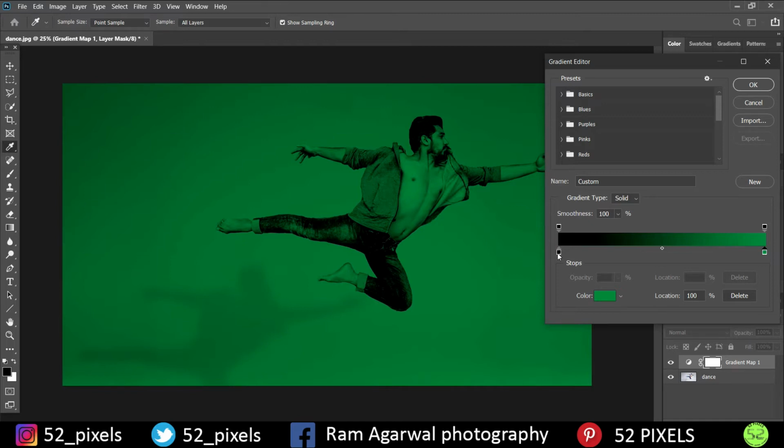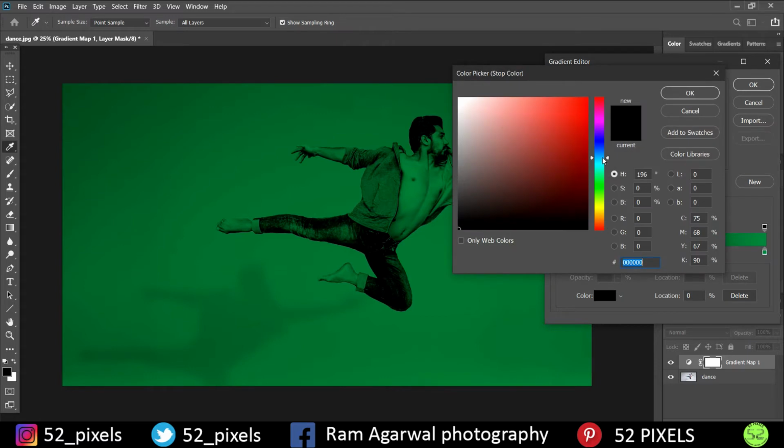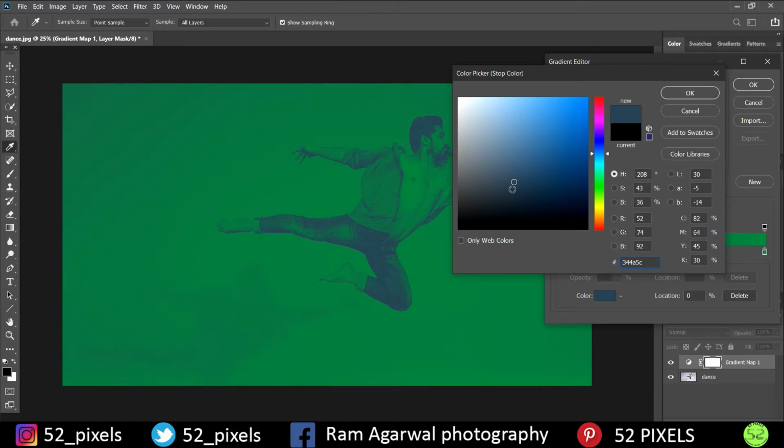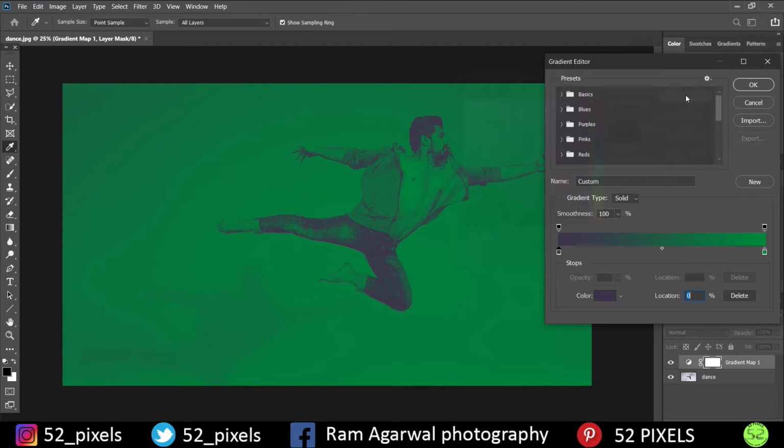And you can also change that color as well, so you can make it look a little purple or a little shade of dark blue. It's totally up to you what you want to experiment with your image, but I guess I'll just make it purple this time. And as you can see, this gradient has been added, kind of a duotone effect in your image.